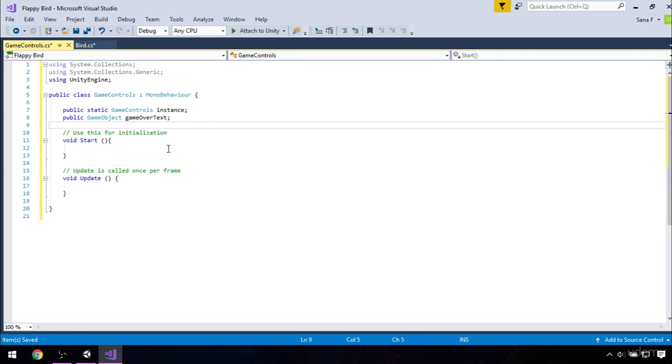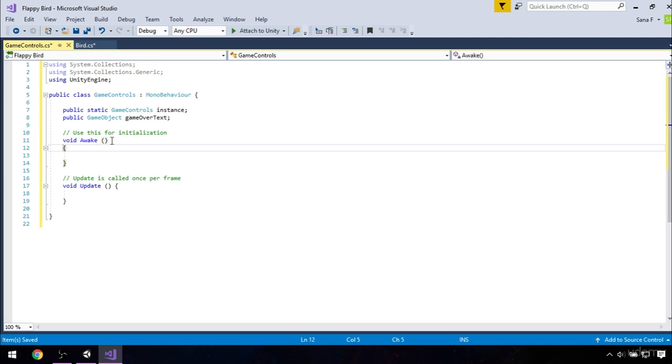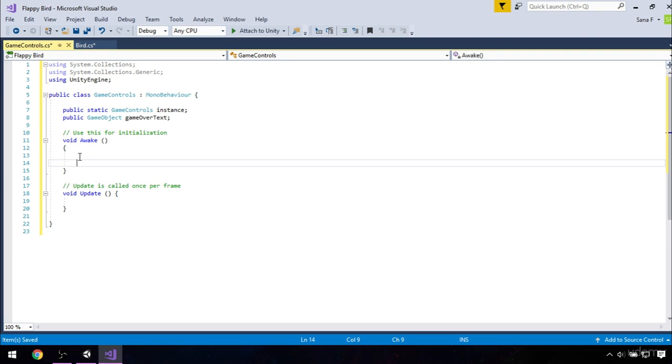To make sure that there is only one instance of this game running and that this is the one, we will change this start method to awake. The awake method is used to initialize any variables or game state before the game starts. Awake is called only once during the lifetime of the script instance, by definition. This method will make sure that there is only one instance of this game running, meaning that it will destroy